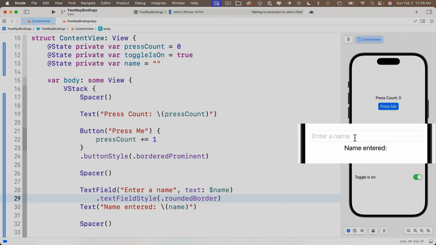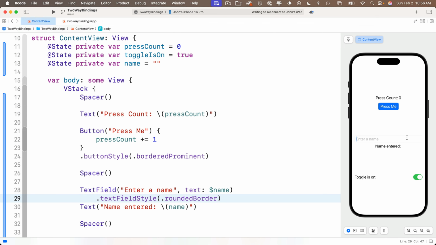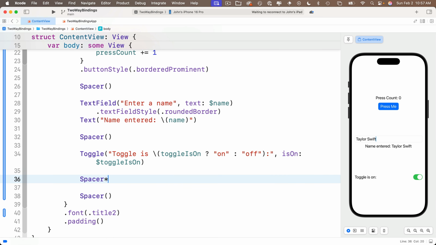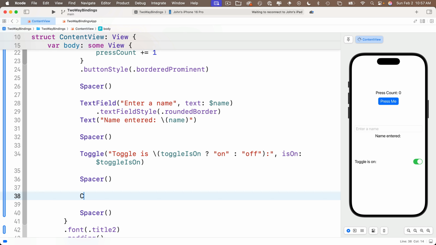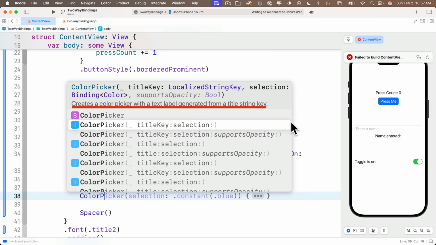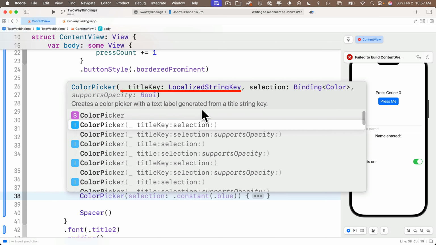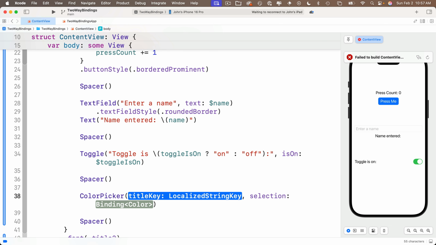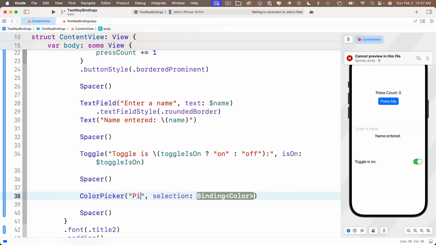Nice. Now let's add a color picker, a very cool control that allows your app to let the user make a color choice. And this can be nice if you ever want to let the user customize the color of, say, their background or an avatar. So below the toggle, I'll add another spacer, then enter ColorPicker, and I'm going to select the option that's title and selection. And code completion says this creates a color picker with a text label generated from a title string. Well, we're going to give the title a string, and the selection needs a binding color. So let's press return to select this, and for the string, the title will be just "Pick a color",